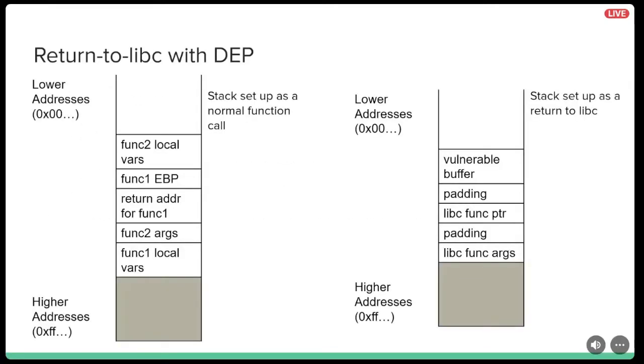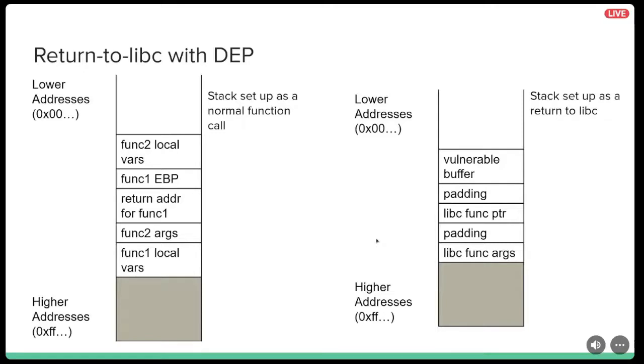So yeah, this is essentially what the stack looks like. On the left here, we have the stack set up as if it was a normal function call, where you have your local variables for your first function, and then you push arguments for the second function, your return address, and then your EBP. And then down here would be your function 2's stack frame with all its local variables and stuff. And basically, once we do a return to libc attack, on the right here is what